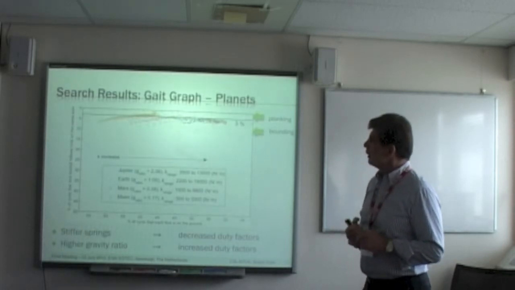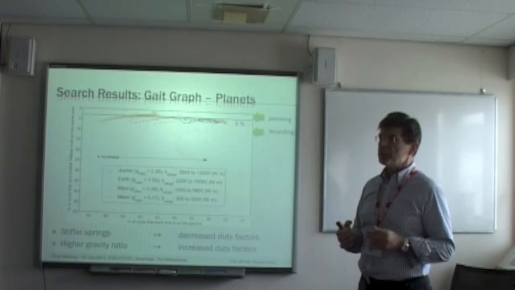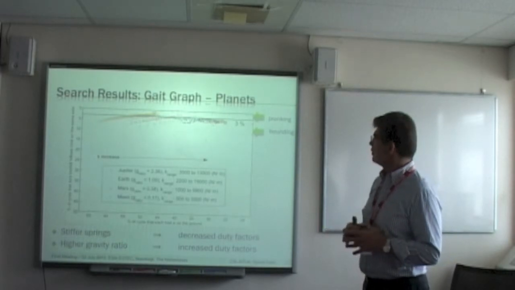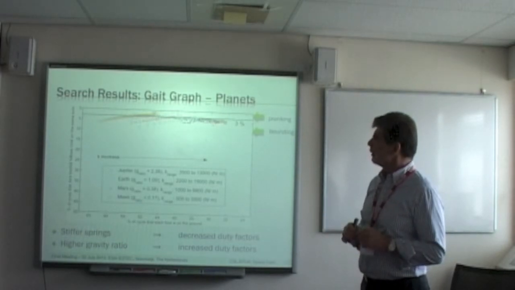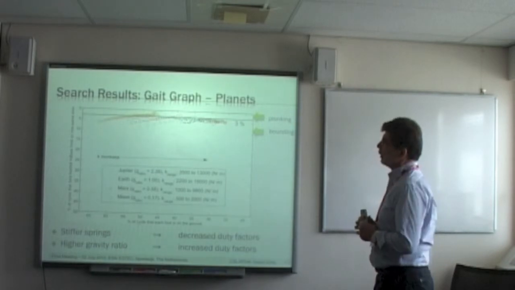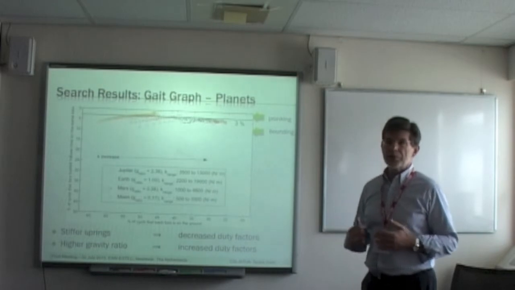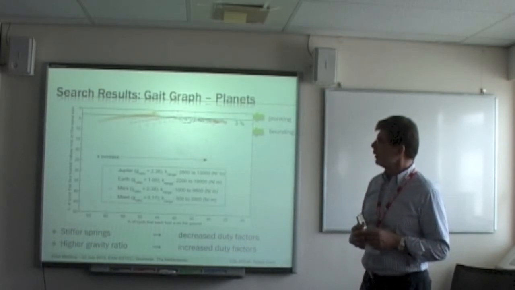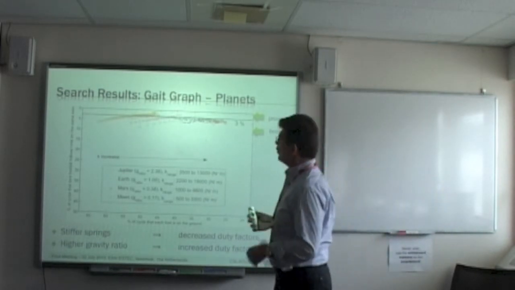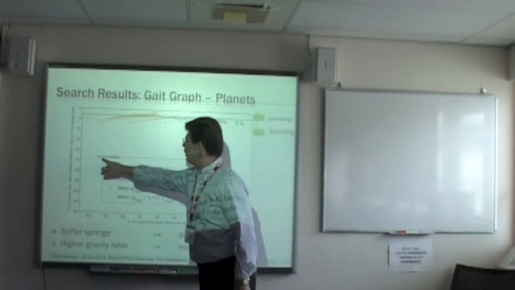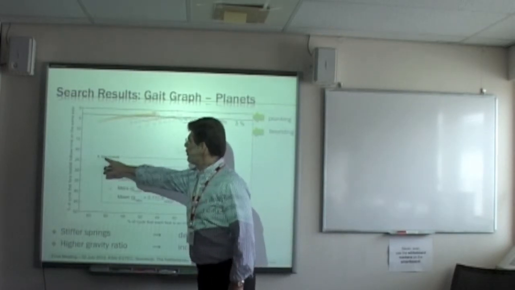Now this plot here shows some of our results, which come from an extensive search. This is a very dense result. It shows both the effect of planets and the effect of one of the system parameters, the spring constant. So you can see that, first of all, if the spring constant increases,